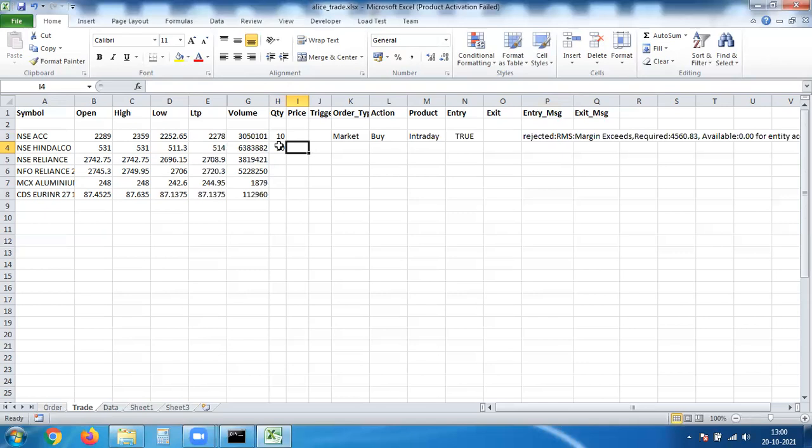So in Hindalco, I want to buy only when it comes down to 510 rupees. So I'll be putting this as a limit order. Then the action is buy, the product is intraday, and type the message true. Now it will evaluate whatever instructions you have given over here, and then this order is sent.